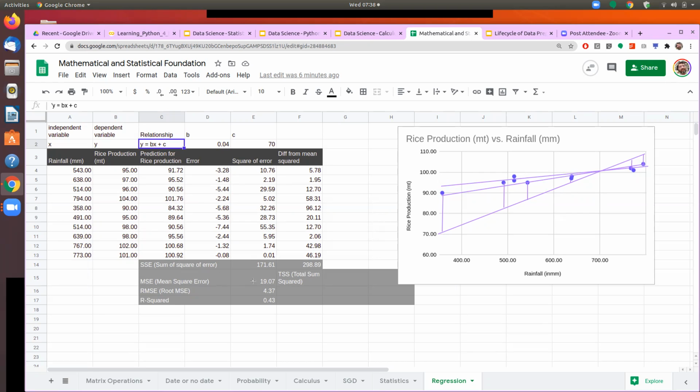When we're talking about the population data, it means that whatever we are trying to study, I have information about each and every data element, and sample is that I have data only of a subset of that particular data. So for example, the rice production has been going on for hundreds and thousands of years. I am taking only 10 years of data, because maybe for rainfall and rice production, I will have data available for the past 100 years, but I am taking data only for 10 years. So those 10 years become my sample. So since we are taking a sample here, we will divide this by n minus 1.